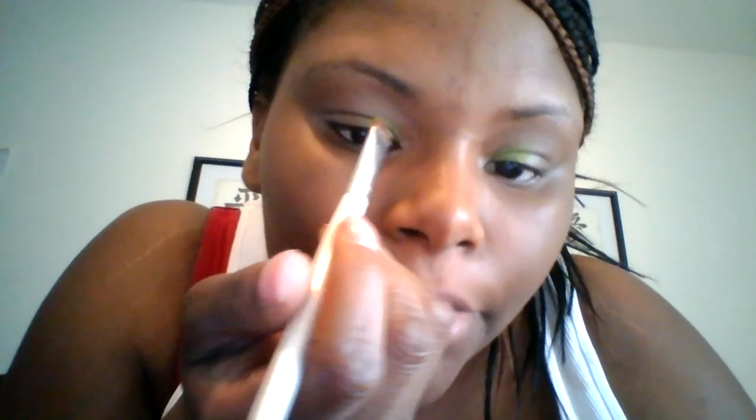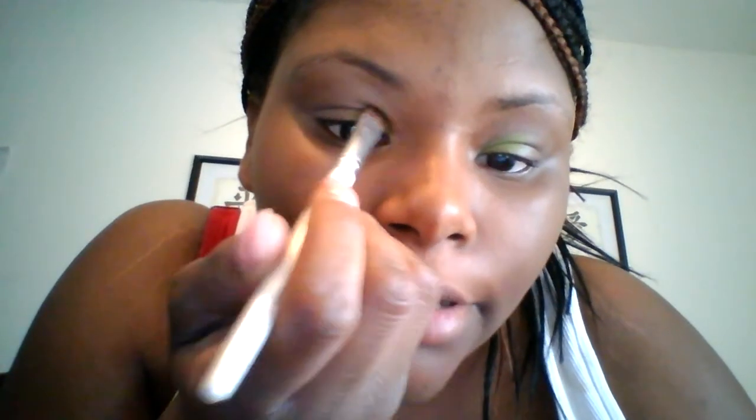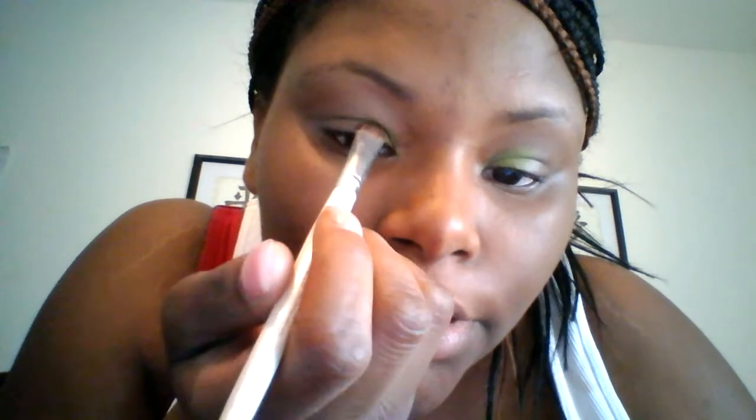This is a first for me, doing all my makeup and just watching the camera, but I kind of like that. Actually, maybe I'm doing kind of good. Not as bad as I thought I was, so I'm definitely gonna have to get one of those circular mirrors that magnifies your face and sits on your desk. I'm gonna have to get one of those, because